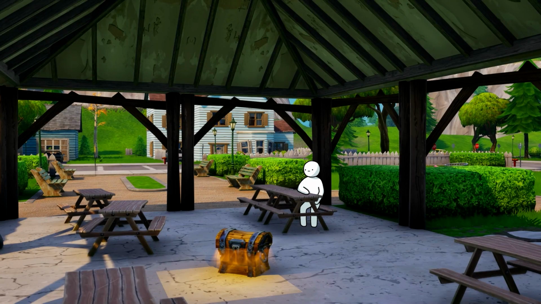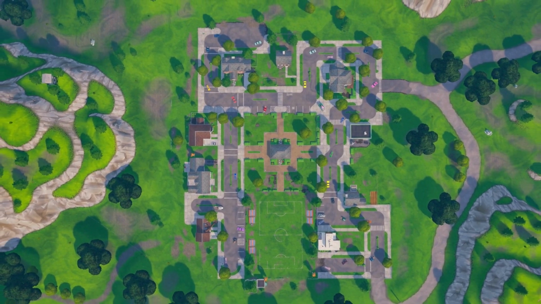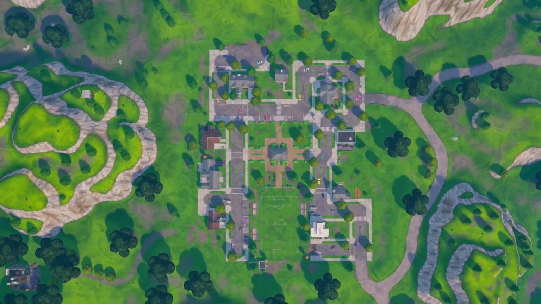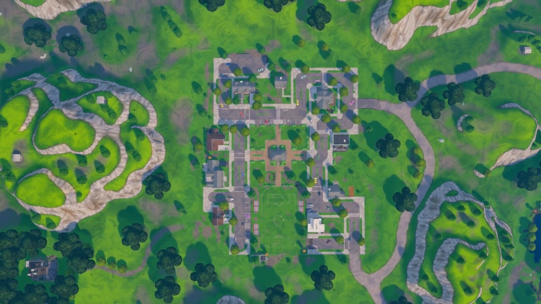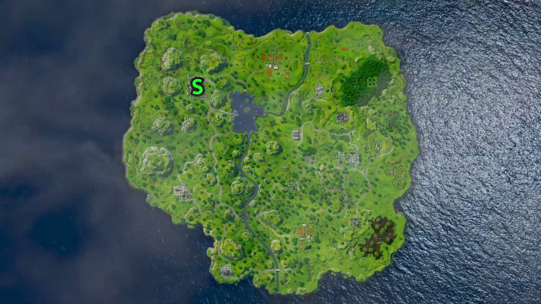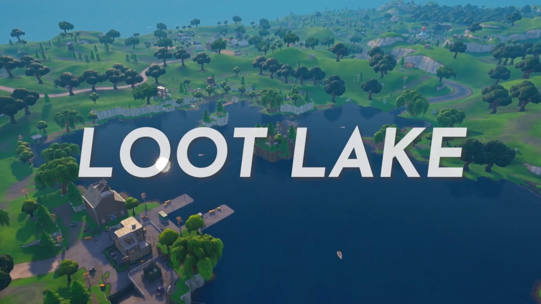Add in the nostalgia factor, and it's clear why Pleasant Park is more than just a landing spot for the players. This timeless cornerstone of Fortnite's OG era is a shining example of how thoughtful design elevates gameplay, earning its spot as an S-tier location. Moving on to one of the most atmospheric spots, Loot Lake is one of the most